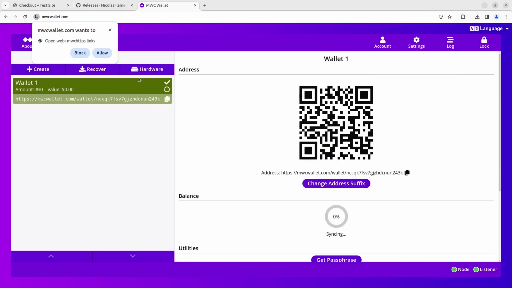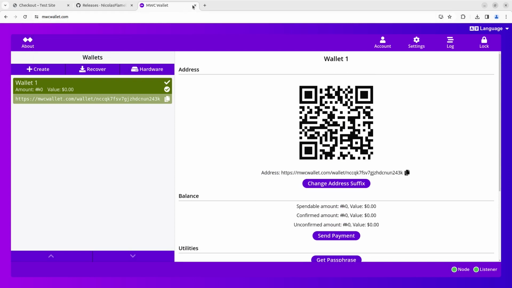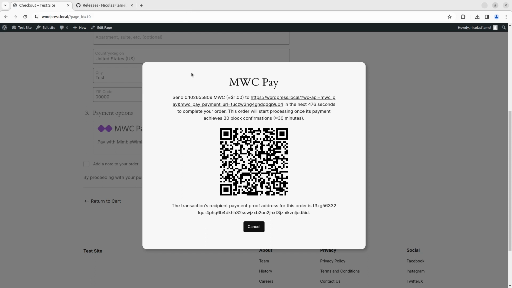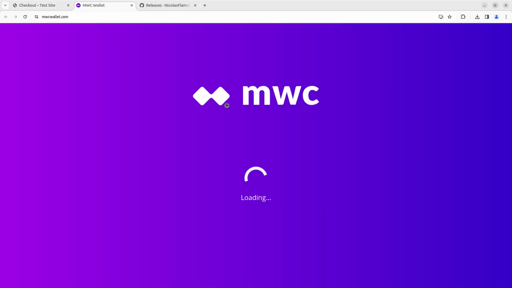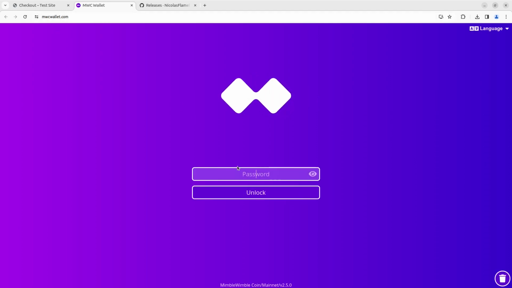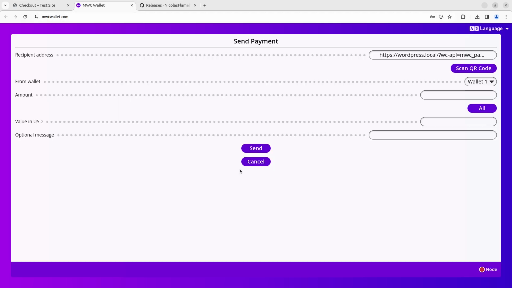they'll be prompted to associate the MimbleWimble Coin web wallet with the MimbleWimble Coin URL prefix. So if they agree to that, and then if they click on the link, it'll automatically open the MWC web wallet for them and pre-populate the recipient address field with the order's address. They still need to enter the amount to send,